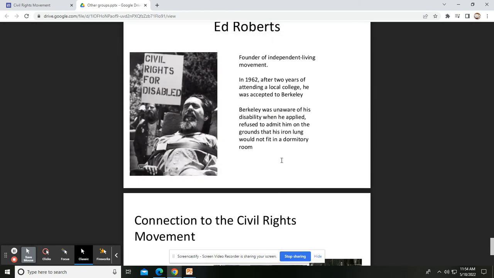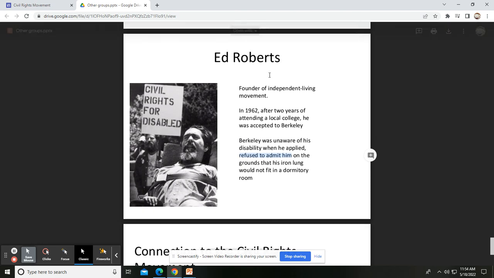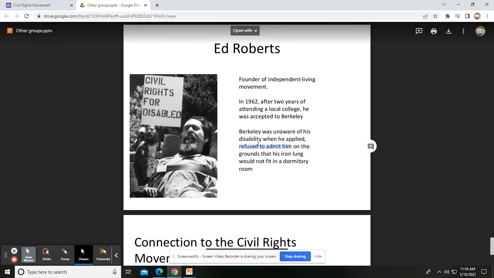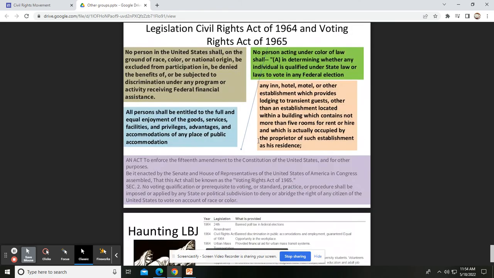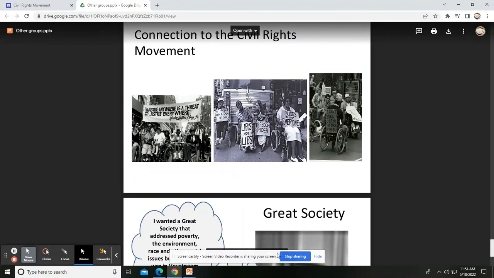Ed Roberts was a student trying to get into Berkeley. He initially was accepted, and then they refused admitting him because of the medical condition that he has, primarily because it would lead to a situation where they would have to modify the dorm. So he is also going to be somebody who is going to challenge it. Notice he is the founder of the independent living movement. So that's it for the other groups, the civil rights movement that we've been looking at throughout this